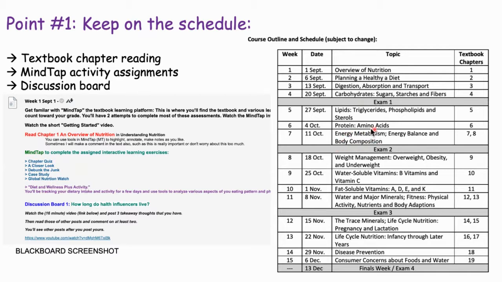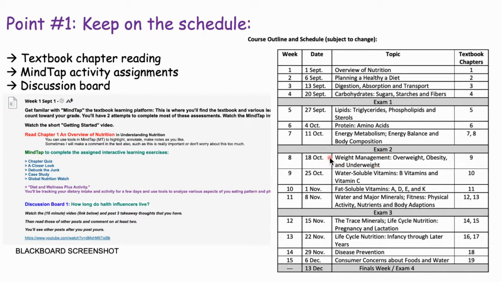A lot of us really are interested in this part, energy, and I saw a bunch of comments in the pre-class survey that you're curious about energy and how our eating pattern affects it. Then we dive in mid-course. We talk about the important connection between eating pattern and health, and one very important area is weight management, and we dive